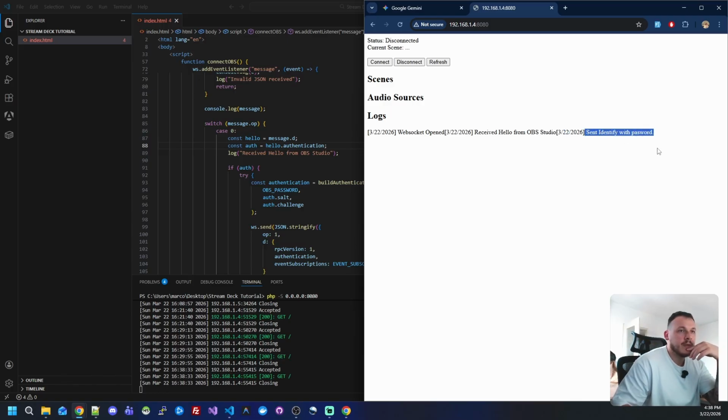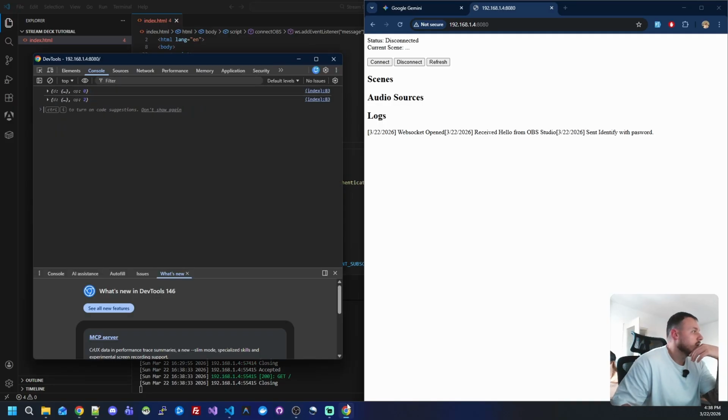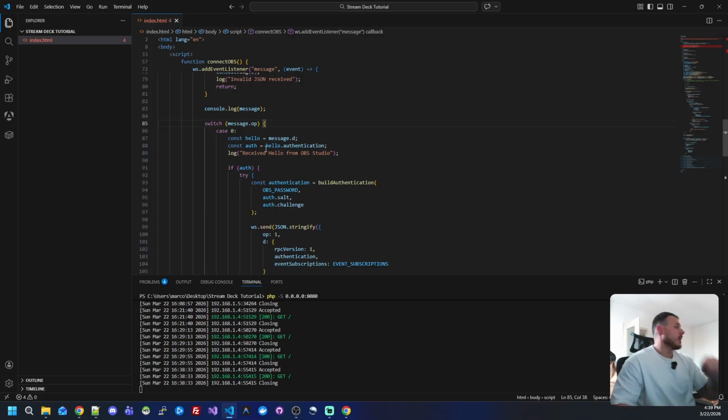But now I need to capture whether OBS Studio sent me the Opcode number 2. This means I'm allowed to connect and send requests. And for that, if we go back to the code,